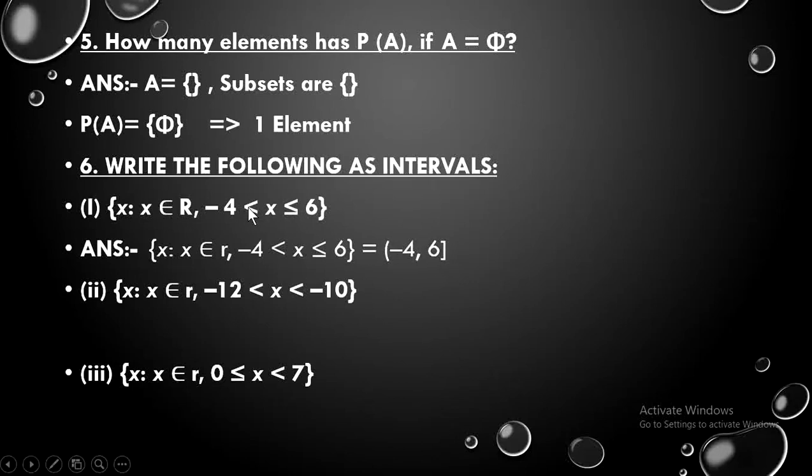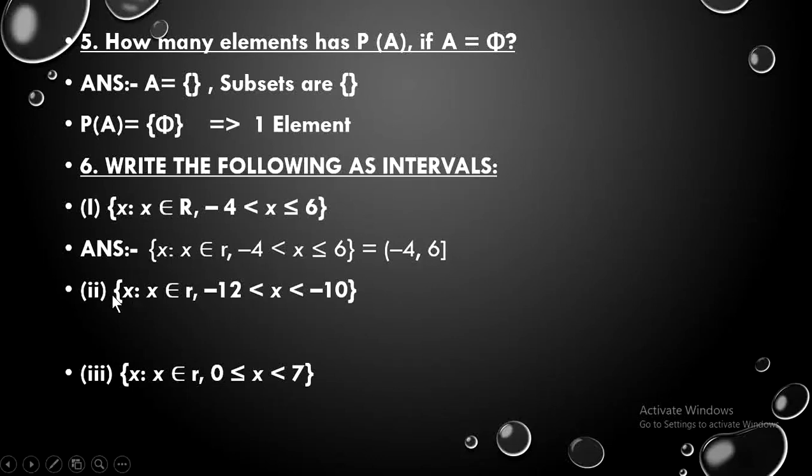First you need to see the two values that are written before and after x, and you need to write them. And then accordingly, if there is an equal to sign, you make the closed bracket. If there is no such equal to sign, then you need to make the normal kind of brackets. This left side bracket represents an open interval. This means that -4 will not be included and after -4 the rest of the numbers will be included. And the right side represents a closed bracket, which is written when you have this equal to symbol, and it represents that 6 is also included.